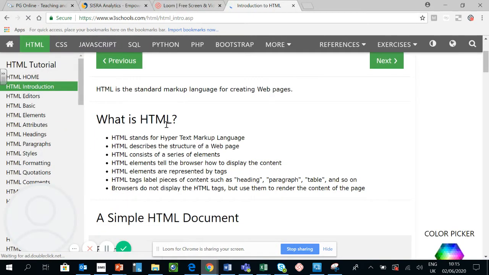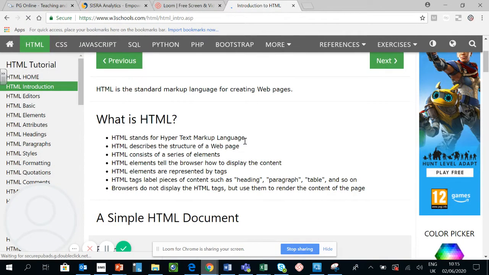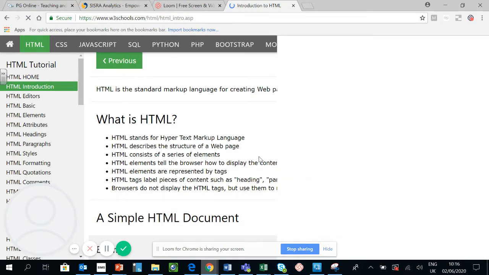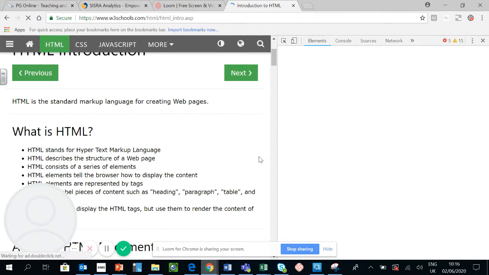What is HTML? Well, it's Hypertext Markup Language. It's the structure of the web page. And I'm just going to give you an example here of what I mean by that. I'm going to press F12 now on my keyboard. And when this loads up,